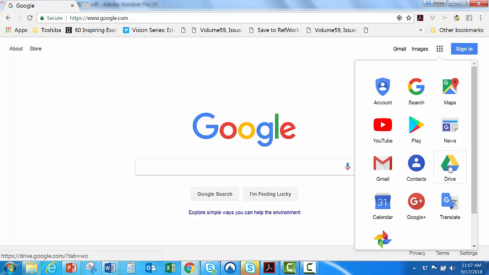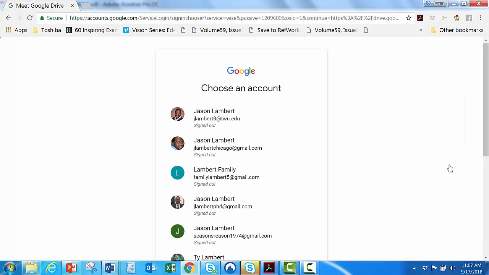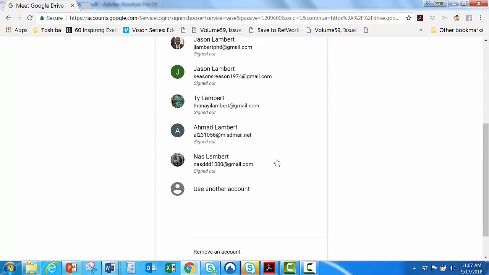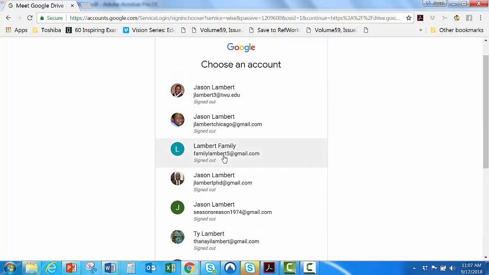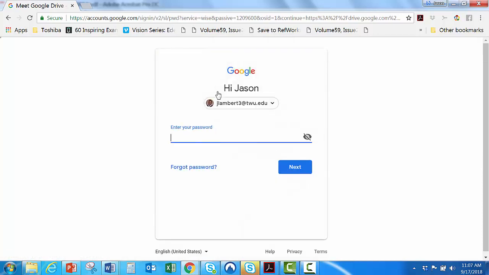So I'm going to start by just going straight here to the Google Apps, and we're going to click on Drive. That's because every class, all of my students are assigned to Team Drive. So you see I have many different accounts. It says choose an account. If you've never used your TWU email this way before, you would click on use another account and just follow the prompts to create that account using your TWU email credentials. But for me, since I already have a TWU account that I use using Google, I'm going to click on that particular account. I'm going to enter my password, click next,